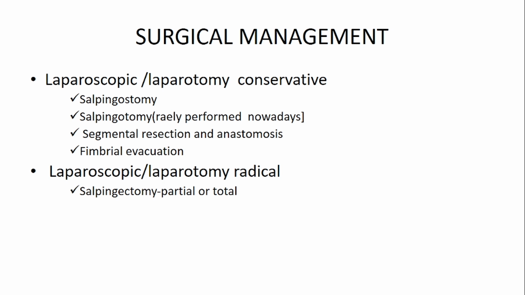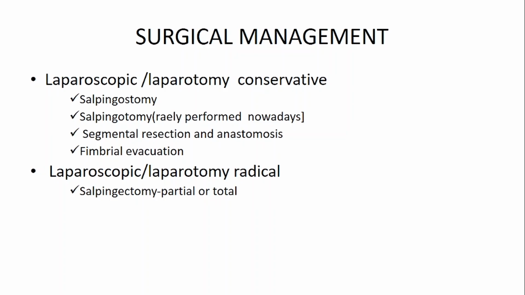So the surgical management could be salpingectomy, that is, you remove the tube entirely. Salpingostomy, where you make an incision on the antimesenteric border and leave it open, having removed the ectopic. Salpingotomy, where you just open and close, is rarely performed nowadays. Or sometimes I can do segmental resection, anastomosis, or fimbrial evacuation. Like I said, all these surgical procedures can be done by